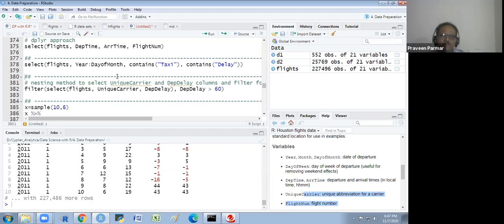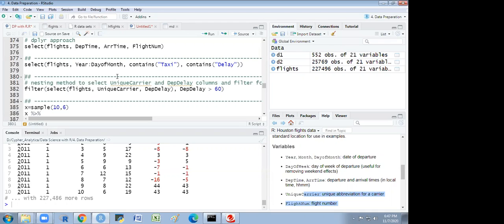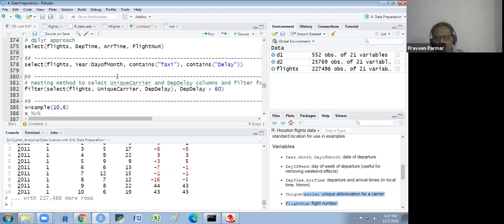The select will come first or the filter will come first? Which operation will come first? Select. No, the select operation will come first. So whatever operation comes first, it will be inside. This is the first operation. First it will work, then this will work. Got it?